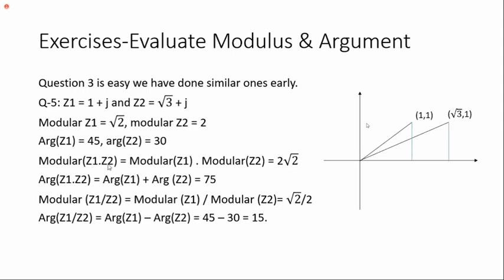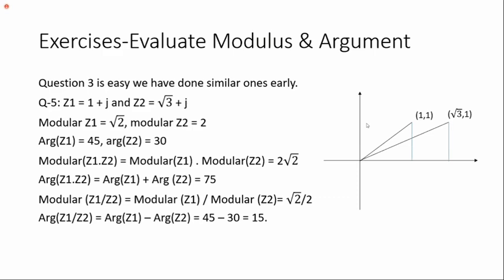What is the modulus of Z1 Z2? It equals the modulus of Z1 multiplied by the modulus of Z2. I used a different notation here. Remember, earlier we used the absolute value mark; now we use the modulus term. No problem. But you get 2 square root of 2 as the product. The argument of Z1 Z2 equals the addition of the two arguments. That is 75, 30 plus 45. When it comes to the division, the modulus of Z1 divided by the modulus of Z2 is 2 divided by square root of 2. Then the argument is the argument of Z1 minus the argument of Z2.